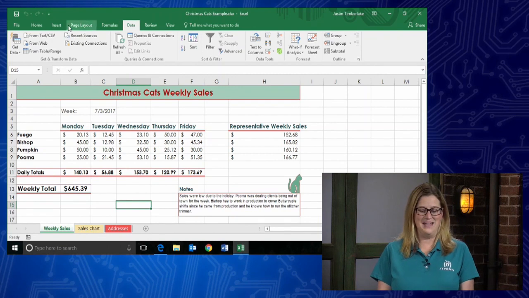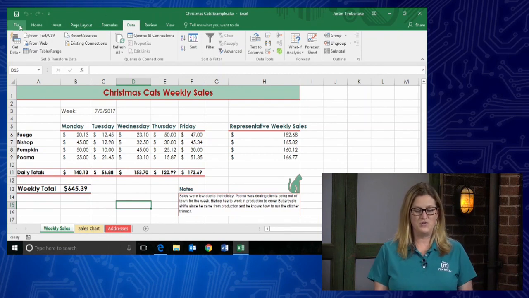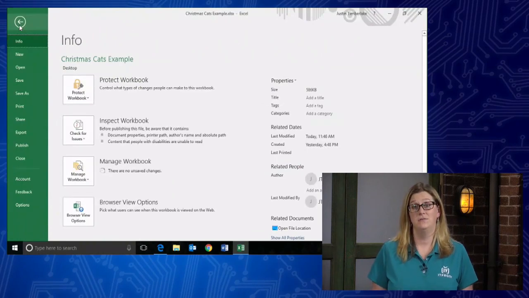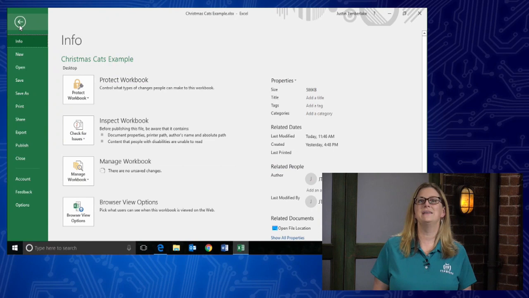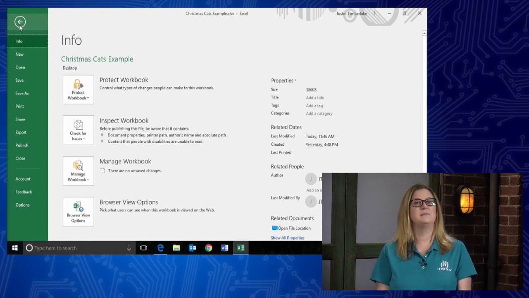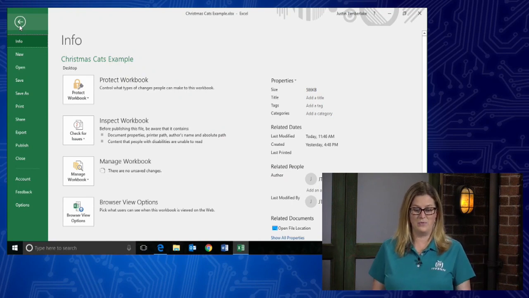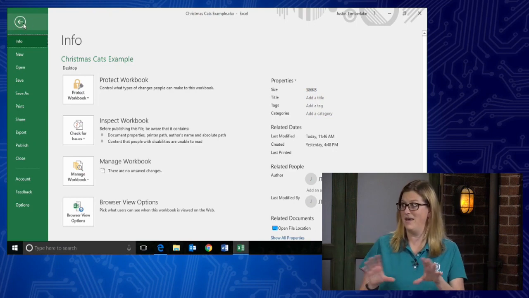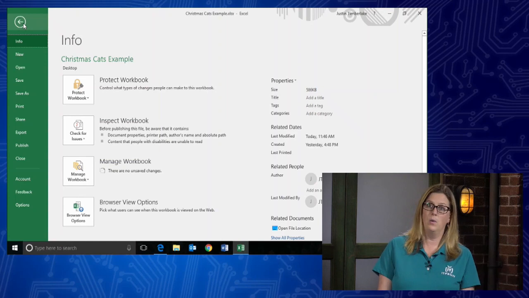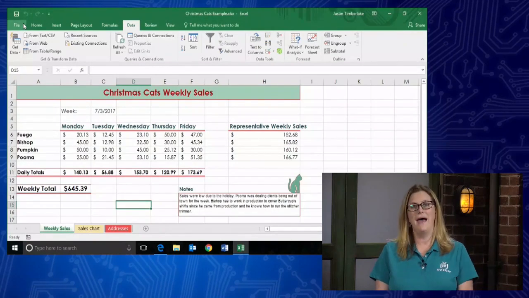Now, along the same ribbon, there is the File tab, which really is also called the Backstage view. Again, if you're reading other books or tutorials that say, go to the Backstage view, you're like, where's that? It's the File menu. It's the thing that comes back into the behind the file almost. And this is where I've gotten people to where they get here and they're like, I've lost my file. I'm like, no, it's still there. That little button back there. And they've gotten better at making it more visual of like, hey, go back to where you were, and then I'm back into my